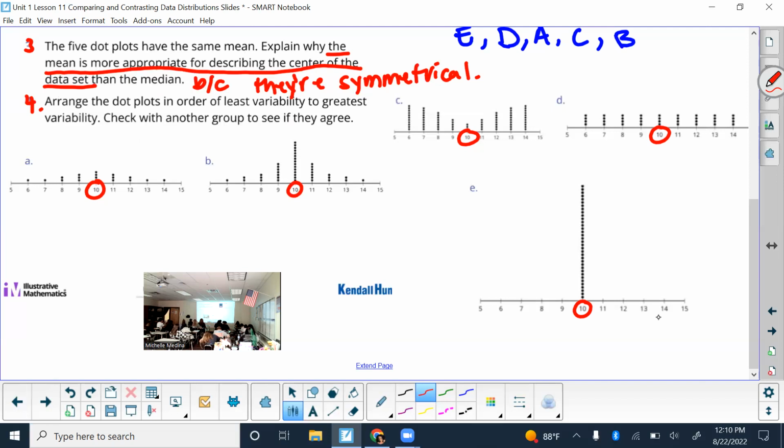All right, which one do you think is the least spread out? E. I would agree. There's only one answer on that one. I wonder if that's a statistical question or not. What's the next least spread out? All right, so good. It seems like most of it is centered around the 10. So yeah, less spread out. Next, I would agree. Next,